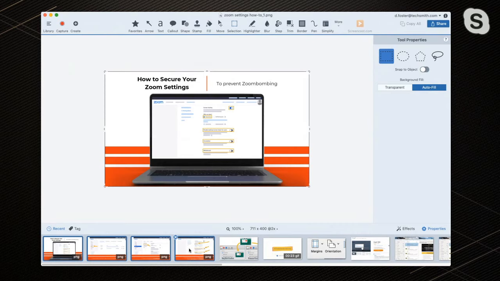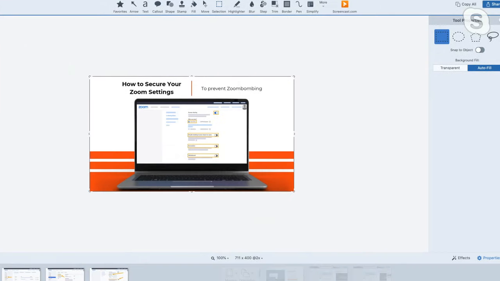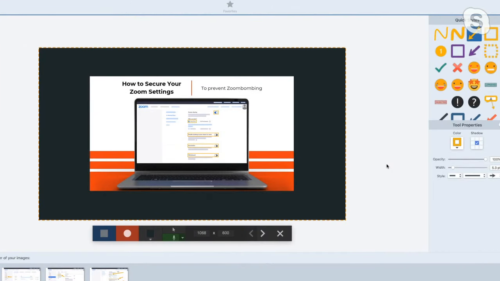So I have these 4 selected, and you can see they're lit up down here. Then right click and say create video from images. This puts me into this mode. I brought these over from my Windows machine, and I realized just before our call that the size of this one is a little off. I think it's something to do with the resolution from Windows to Mac. But anyway,